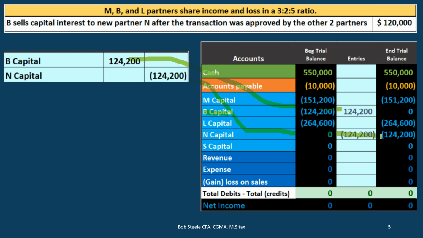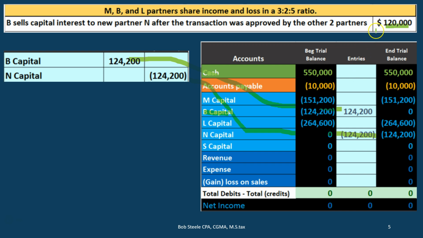The question though that people are going to have is they're going to say, well, wait a second, what about the 120 up here? If N paid 120, shouldn't their capital account go up by 120? Why is it going up by 124.2? And the reason is because, remember, the agreement was between N and B. So N said, hey, I'm going to give you my share of the partnership interest. The partnership, my share of the 550 minus the 10 is 124.2, and I will sell that to you, N,